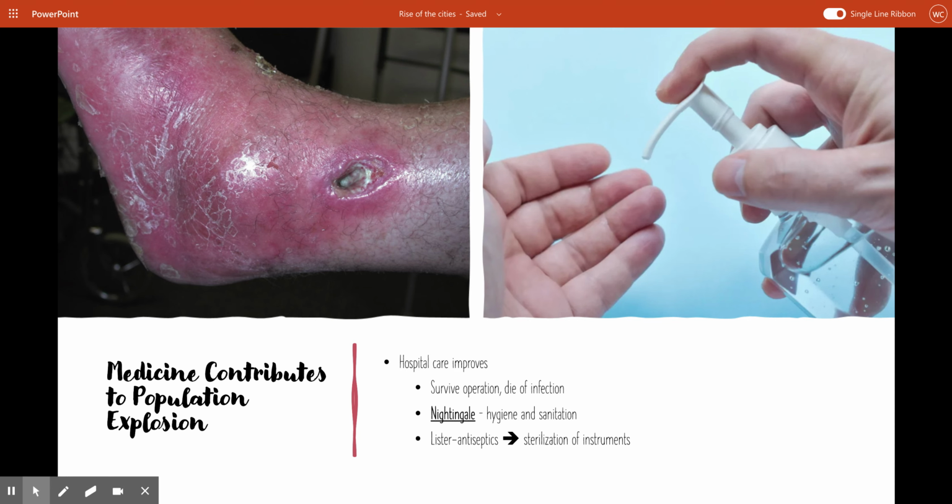One of the people most responsible for this shift in thinking was Florence Nightingale, a British nurse, an army nurse in the British Army during the Crimean War, when Britain and Russia went to war with one another in the mid 1800s. Nightingale helped to introduce new sanitary measures in hospitals, and she even founded the very first school of nursing in the world. It was those sanitary measures, the sterilization of instruments, using antiseptics, keeping things clean, that helped people to survive operations and to prevent them from dying from infections while in the hospital. So it made the hospital stay even better than it had been before.